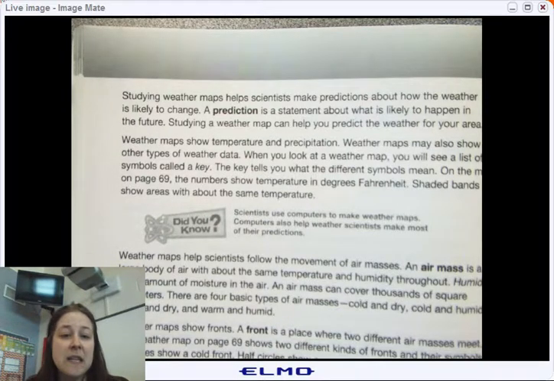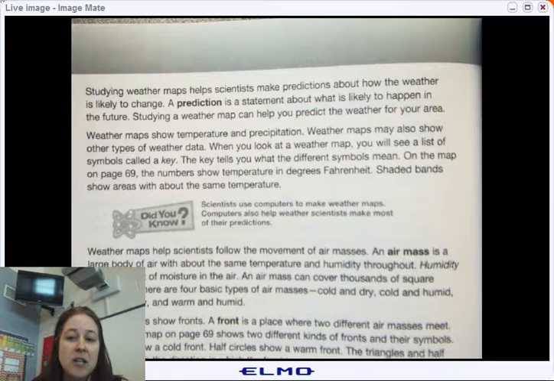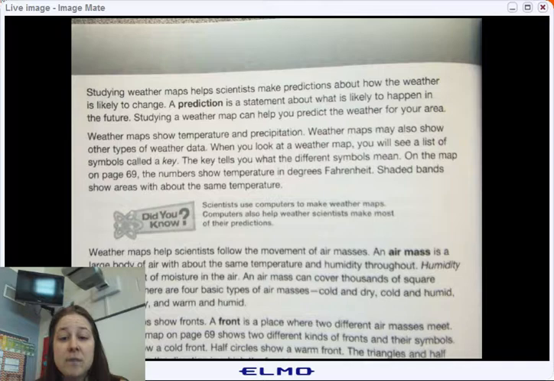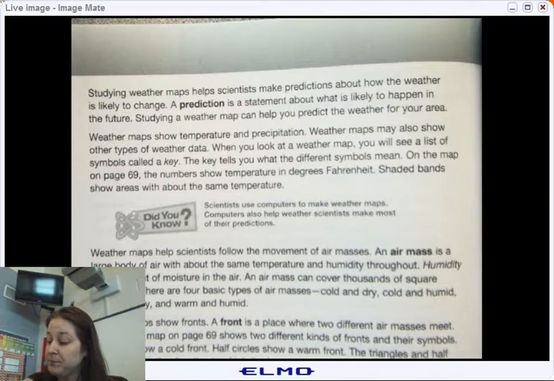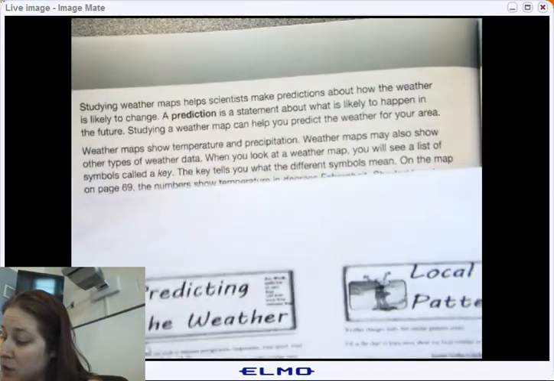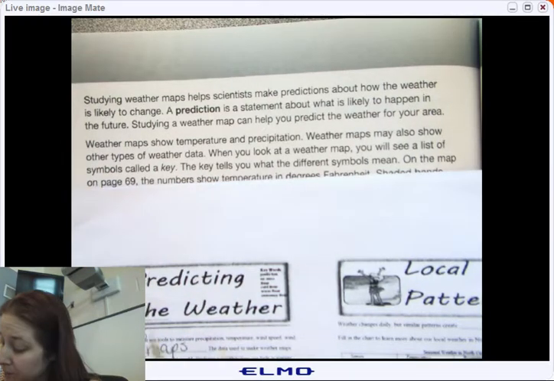When you look at a weather map, you will see a list of all the symbols called a key. The key tells you what the different symbols mean. On the map on page 69, the numbers show temperatures in degrees Fahrenheit. Shaded bands show areas with the same temperature. Did you know? Scientists use computers to make weather maps. Computers also help weather scientists to make the most of their predictions. So when we're looking over here, the key on the map tells you what the different blank mean. It tells you what type of symbols